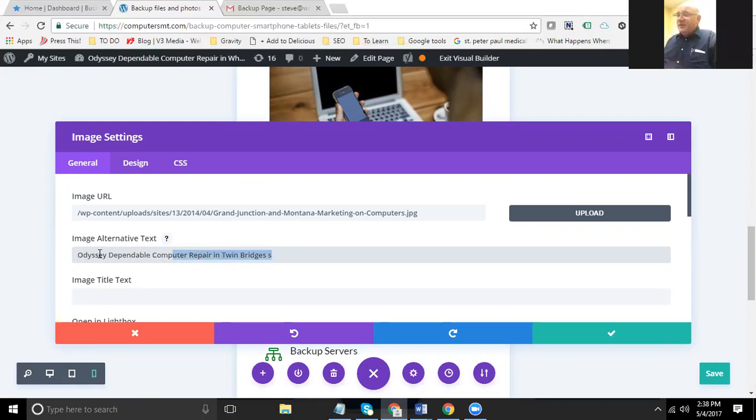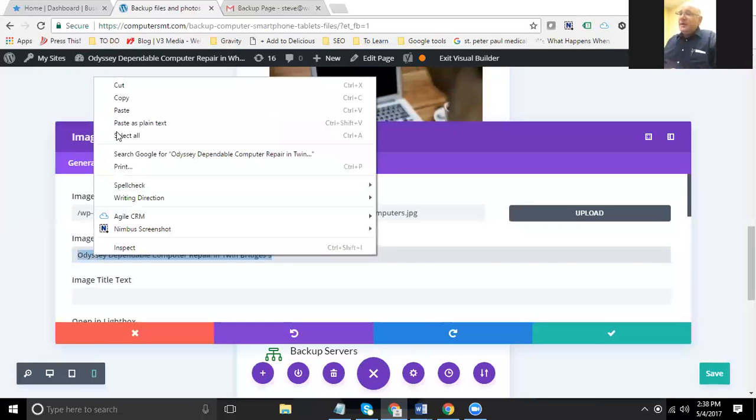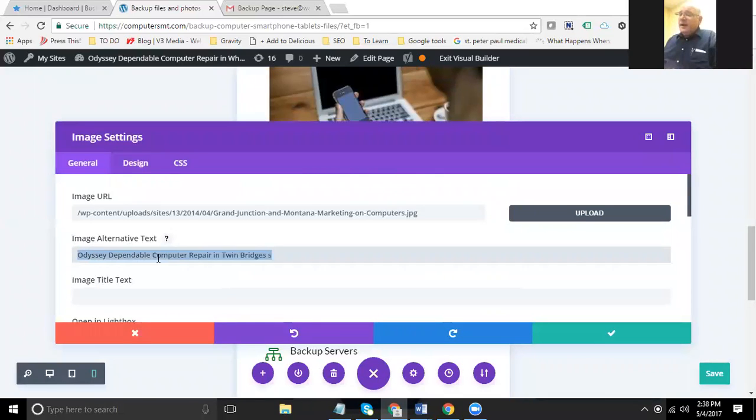I'm going to copy that real quick. So Odyssey dependable computer repair on mobile device. Because really what an alternate text is, if I were a blind man using the computer,